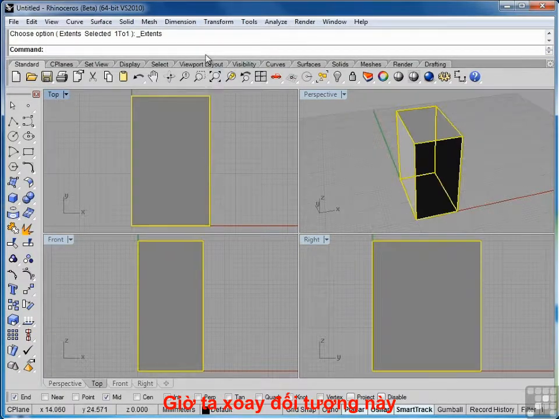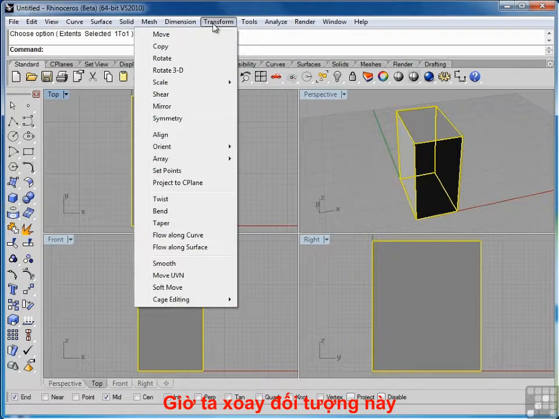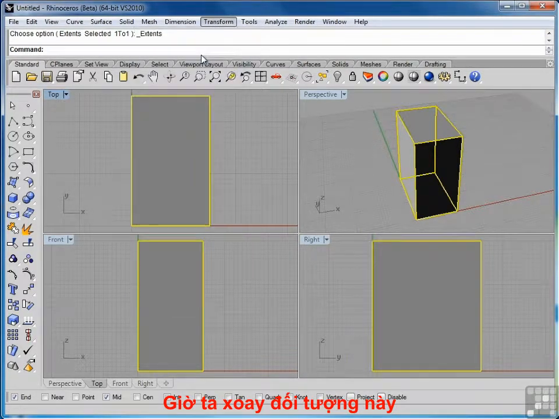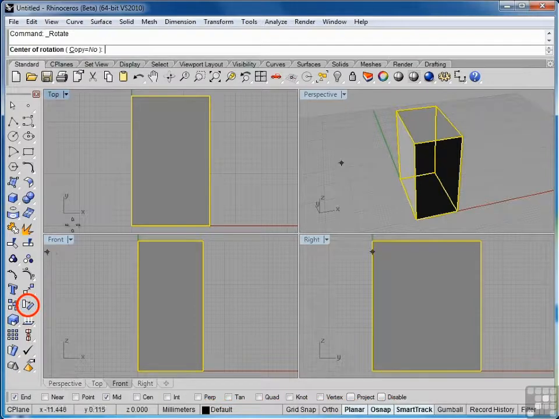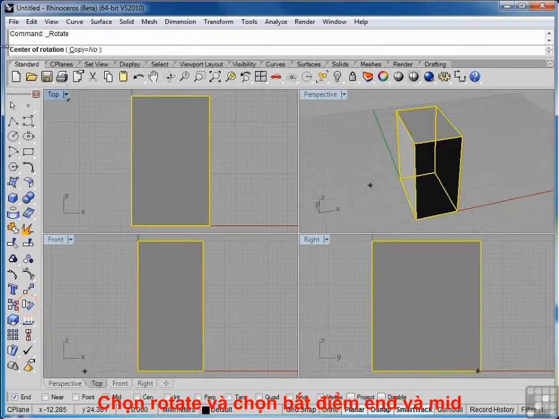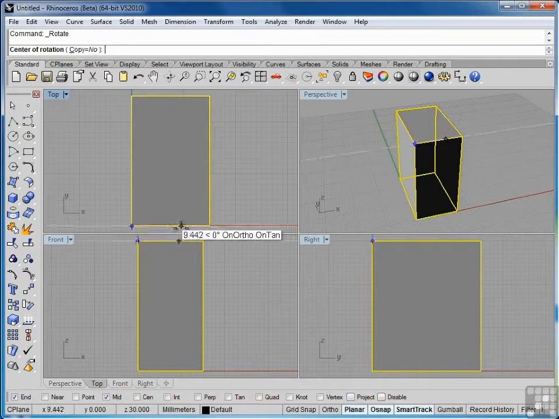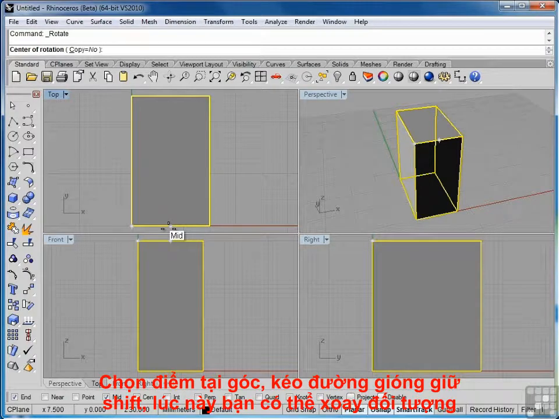First thing I do is select the box, and I can go to transform, and I can select rotate, or I can come down here to this icon on the toolbar and click that. Now you can see immediately the command line is asking for center of rotation. And I can come down here, and I do have my snaps on at the moment. I have end and mid snap, so I can snap either here for the end or here for the midpoint of the box. I'll just go ahead and click here for the midpoint,